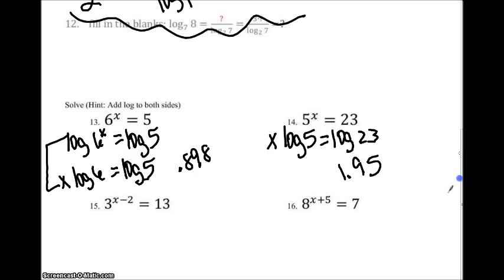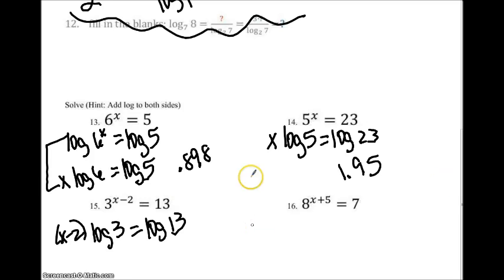Be careful on 15 and 16. It's going to be x minus 2 in parentheses. It's a unit times log of 3 is equal to log of 13. So log 13 closed divided by log 3 is 2.33. So x minus 2 is equal to 2.33. You've got to add the 2 so that you actually have your x by itself. So plus 2, and your answer is x is approximately